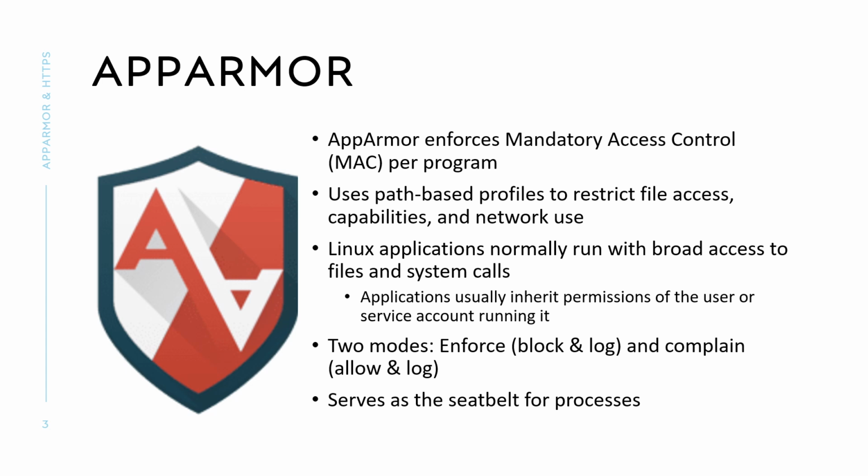So an overview on AppArmor, we discussed this previously on our last presentation. So just a little recap, AppArmor enforces what is called a mandatory access control, or MAC for short, for each program. So instead of trusting an application to behave the way that it should, AppArmor applies a profile that defines what it is allowed to do specifically. So such as what files it can open or what network ports it can use. So it's just an extra level of security to make sure that we don't have anything that we don't want